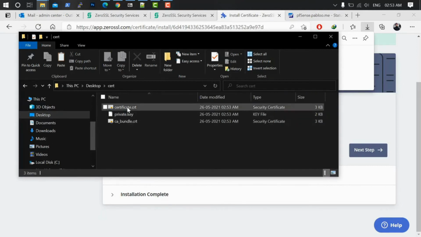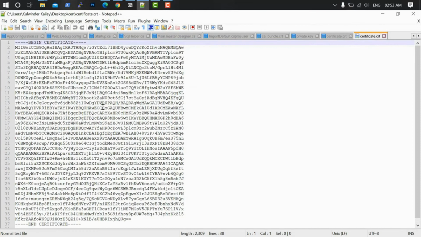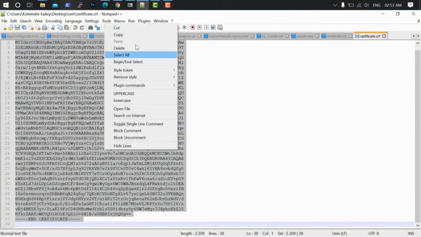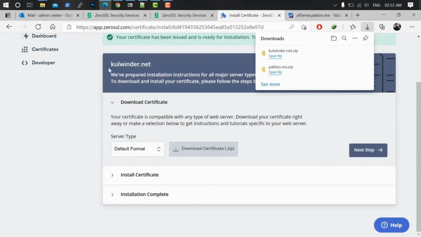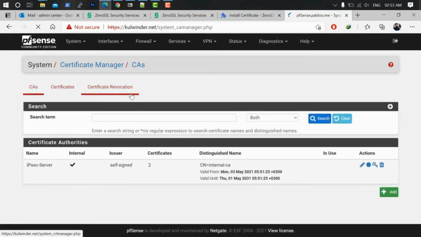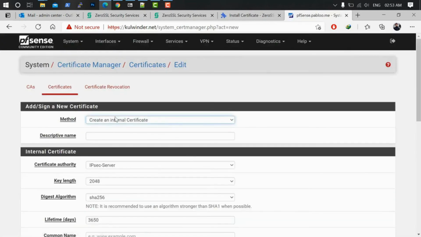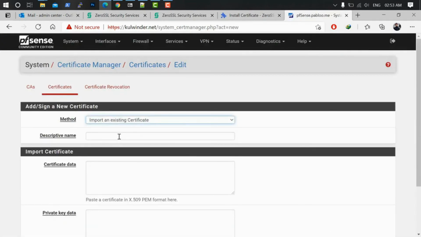Okay, just right click, copy this value, and go to your pfSense system, certificate manager, certificate, add, import certificate,